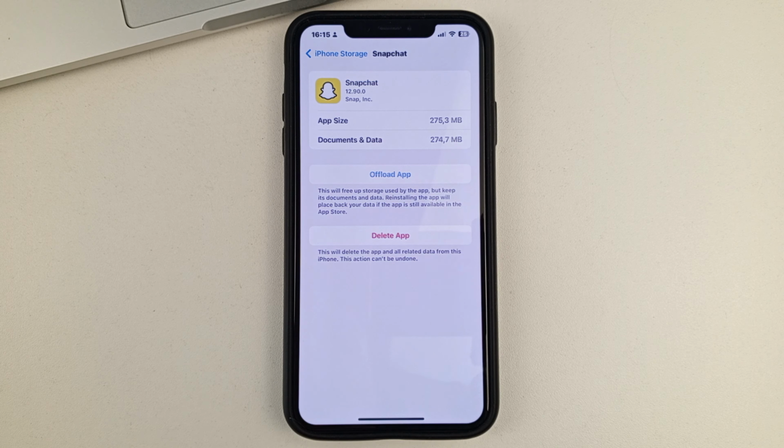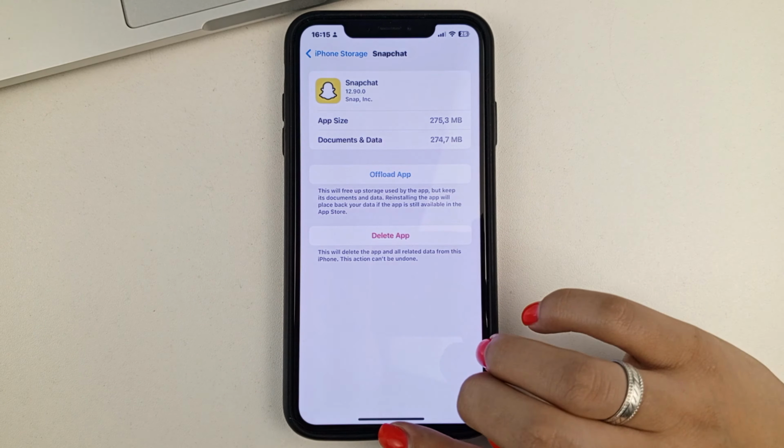Thanks to such manipulations, you will have the Snapchat app updated. It will be completely reinstalled, but at the same time you don't need to worry about losing any of your data. When you reinstall the Snapchat app, all your data in it will be preserved. It will just clear all the cache and all the corrupted files, which will help you fix the situation with the multi-pinning option in the app. So, after you reinstall Snapchat, you will be able to go to the Snapchat app again and log in.